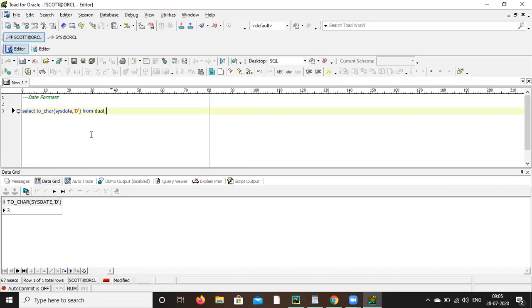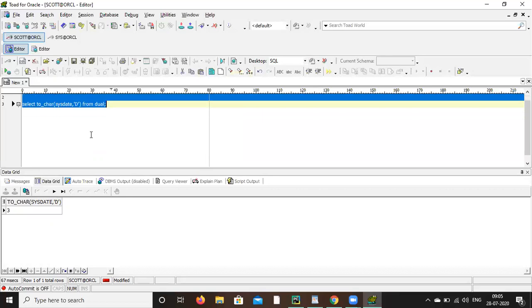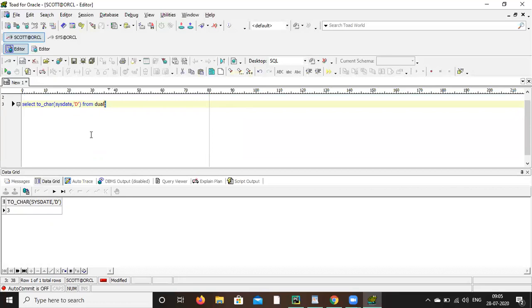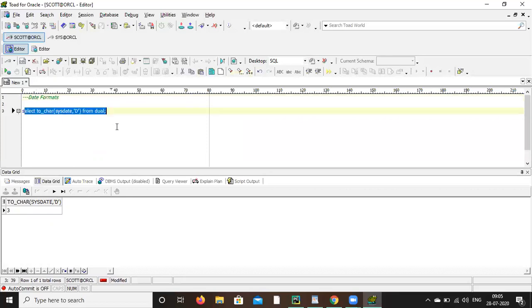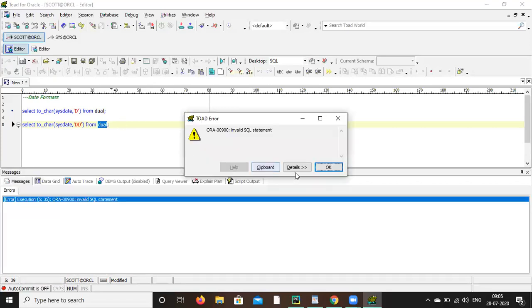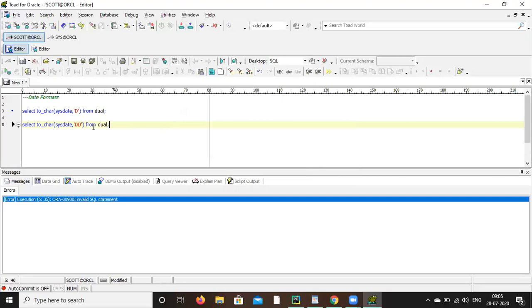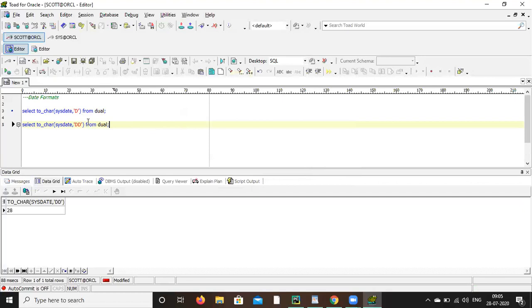Now the same thing, just do double D. Copy the same thing and just do double D. Now run it. So this double D means the day of the month.